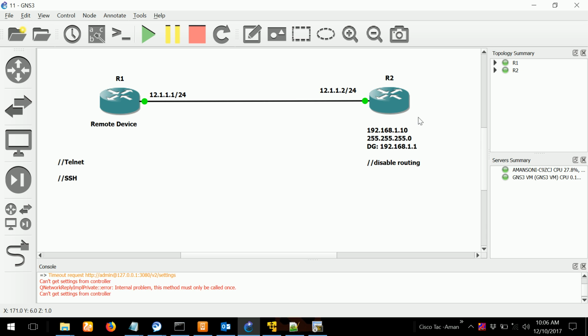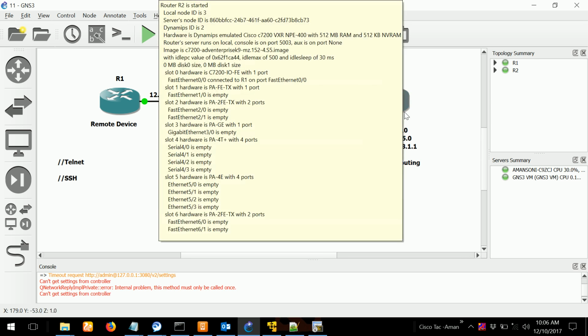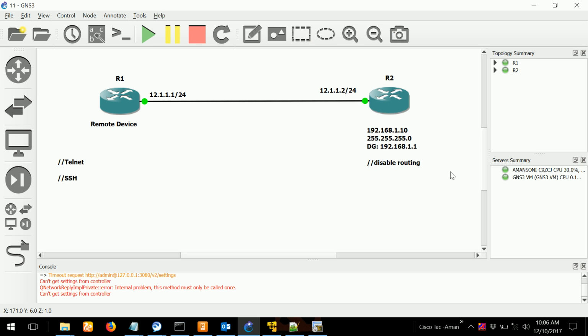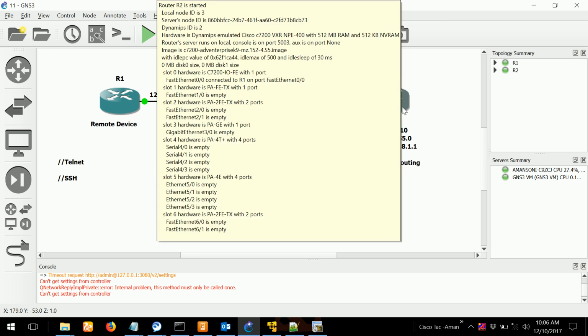Meaning we will disable the routing of the router and it will start acting as a PC. As soon as you disable routing, instead of routes, it will ask you to give the default gateway, because that is the difference between a PC and a router. A PC needs a default gateway. It is just like my main route, only one route I have, that is the default gateway. But a router can have multiple routing entries in the routing table.